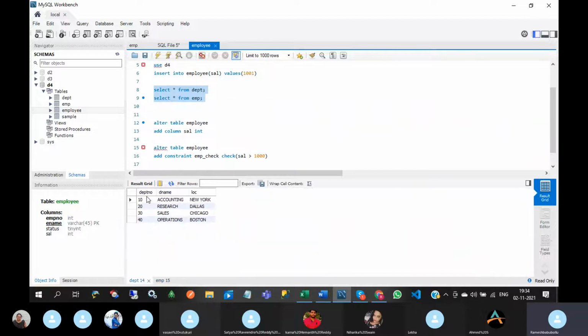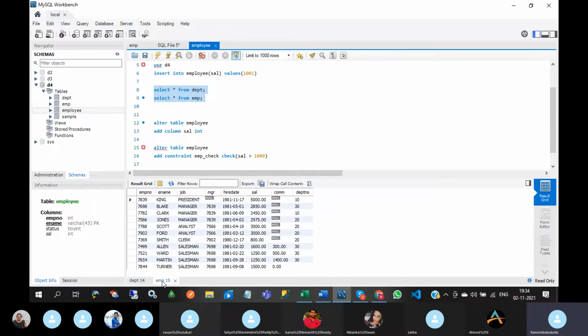Here, the first data set is the DEPT table. In this department table, we have 4 department numbers 10, 20, 30, 40 and the corresponding department names and location. And in the employee table: employee number, employee name, job, manager, hire date, salary, commission, department number.